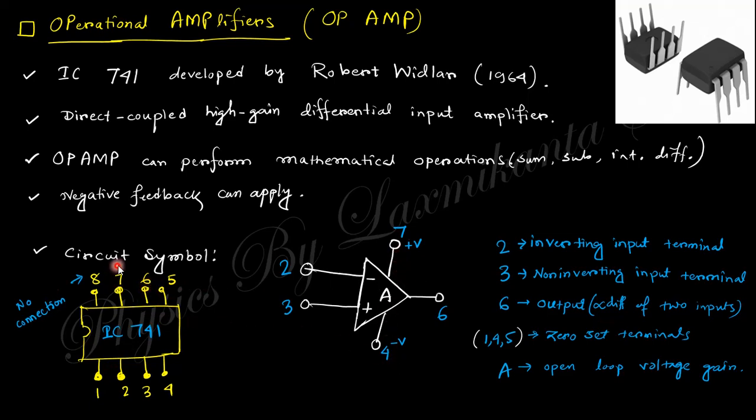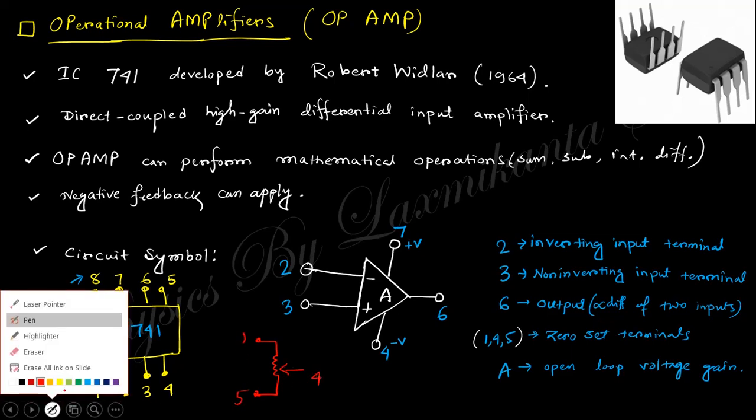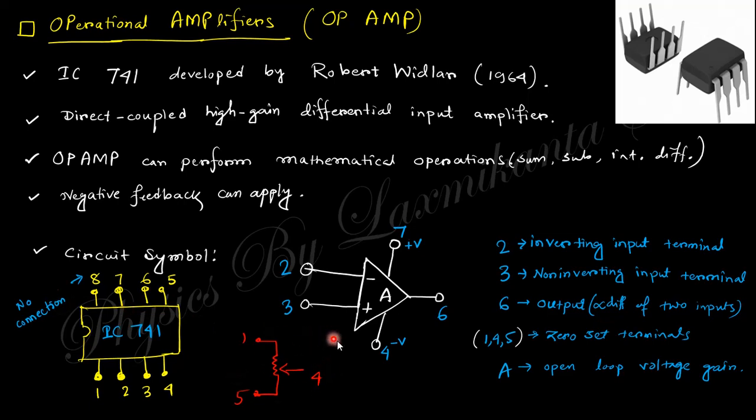And for 7 and 4, in 7 there is an operating voltage plus V, and 4 is the operating voltage minus V. And 1, 4 and 5 are connected with a potentiometer, like that. You know about the potentiometer, there are 3 terminals, 1, 5, and this is 4. So these are the connected ports between 1, 4 and 5 to get the zero set